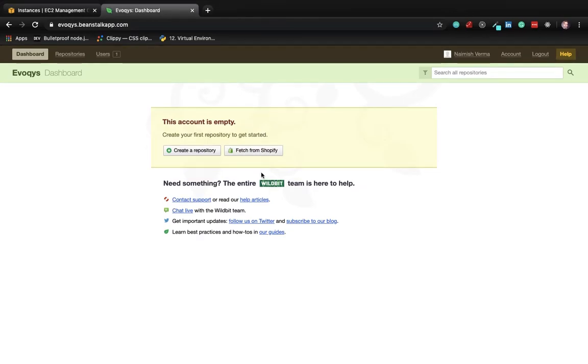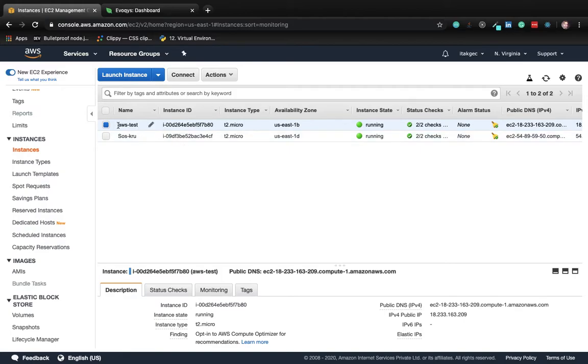Now before we go ahead and create a repository on Beanstalk and push our code here, we have this EC2 instance which we have created in the previous two videos is already up and running. Now what is this EC2 instance? An EC2 instance basically works on the concept of virtualization. Consider it as a virtual machine hosting an operating system which you have selected during the creation of that instance. In our case, we have selected an Ubuntu operating system. So what it has done is basically create a virtual machine which is hosting a Ubuntu operating system. And where is this virtual machine running? It is running in this region, basically North Virginia. Here we can see that.